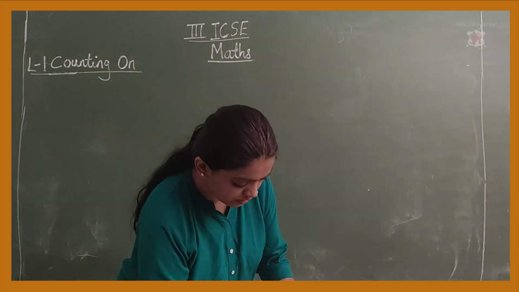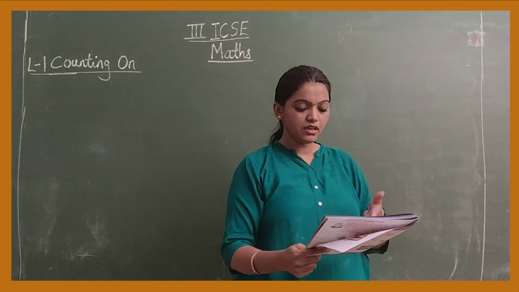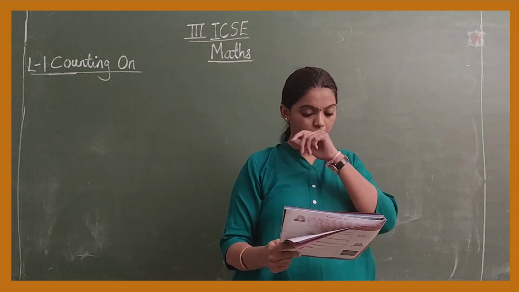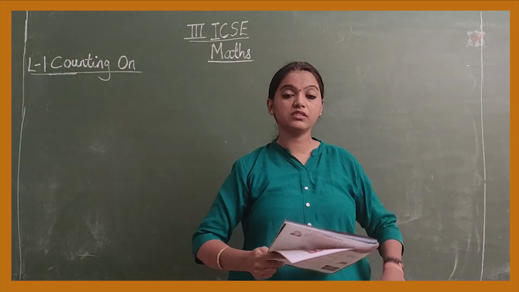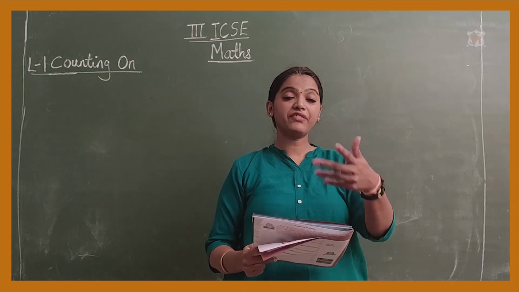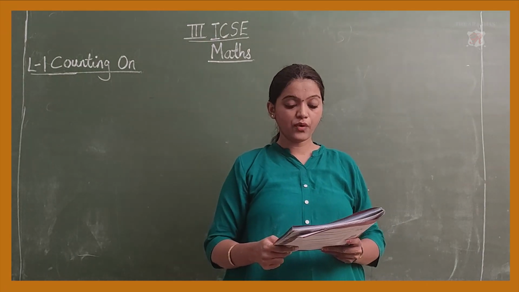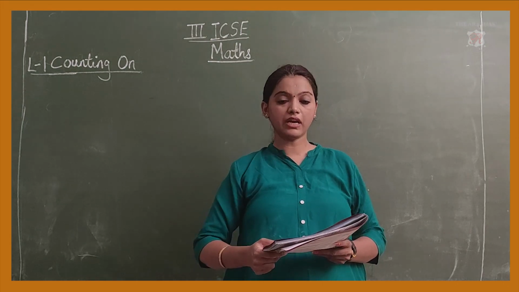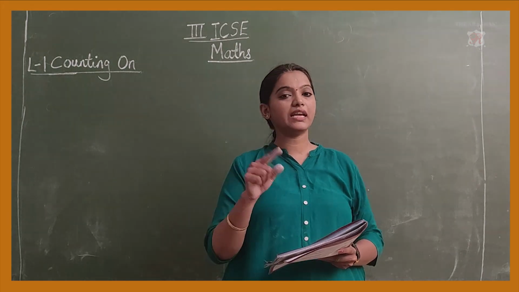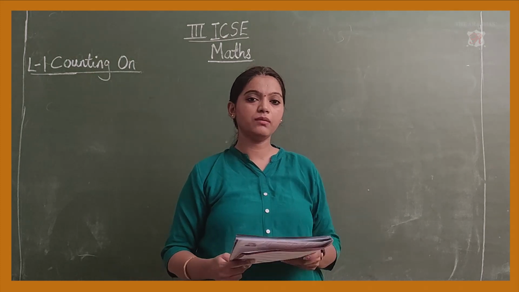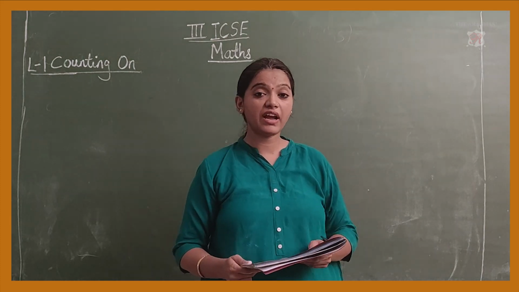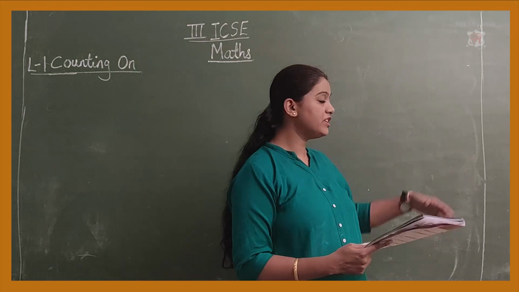Now let's see another example. Okay. They have given 48 also. Now 48, they have jumped from 48. They have taken a big jump, that is they have added 30 to it. 48 plus 30 becomes 78. Again 78 is the nearest landmark number to 80. So what they have added? They have added 2.